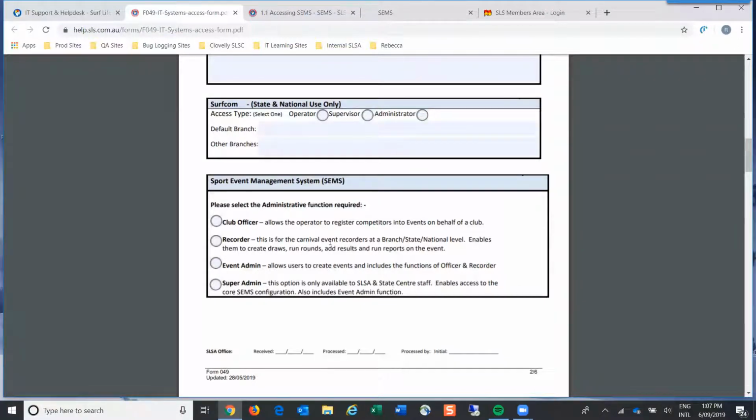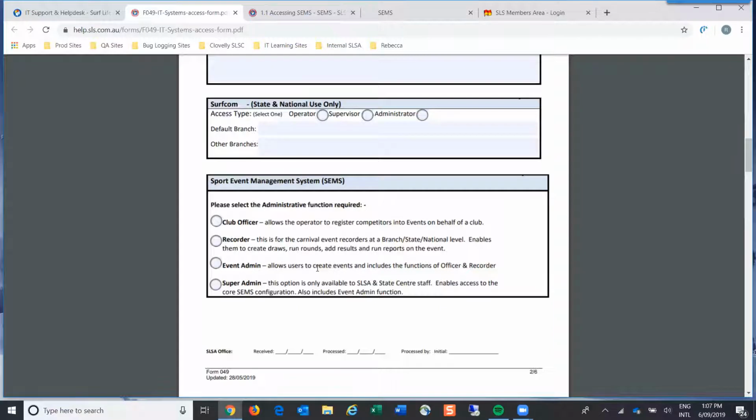If you're going to be a recorder at a carnival and you need to be able to run the carnival, then you would ask for recorder access. Event admin is for those people that are setting up an event. So if you want to create events to run at a club level, you would need to ask for event admin at the level for your club.